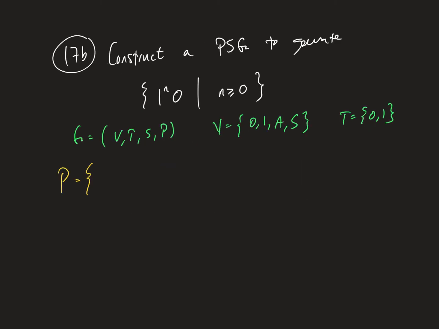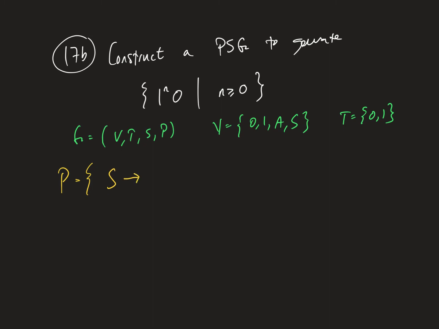Okay, in this last example, we're going to construct a phase structure grammar to generate this set. So the set is all the bit strings that look like this. We have n copies of 1, and then we end with a 0. Okay, so we have our set G with the grammar consisting of this 4-tuple: the vocabulary, terminal symbols, starting symbol, and productions. Okay, so in our vocabulary, we're going to use an A, and then our starting symbol S, and then T is the terminal symbols, 0 and 1. Okay, so let's start with the starting symbol,